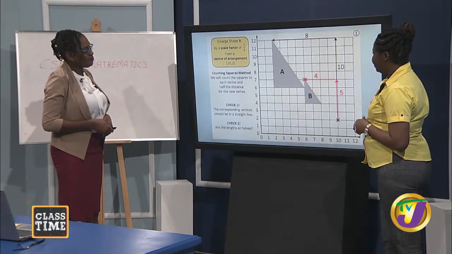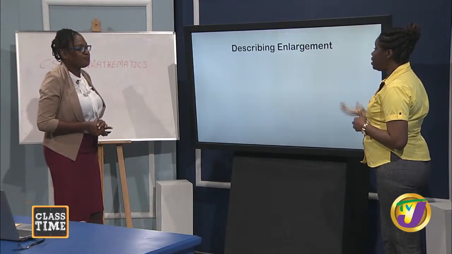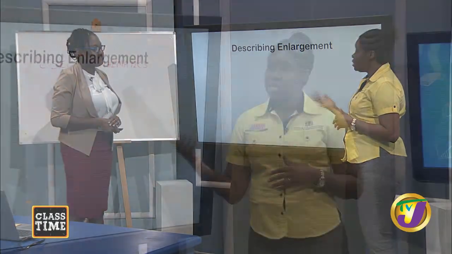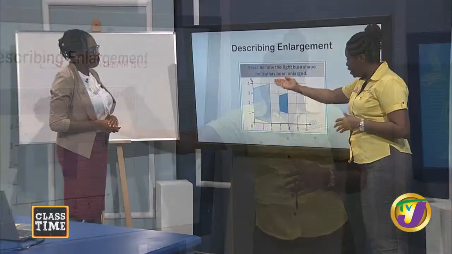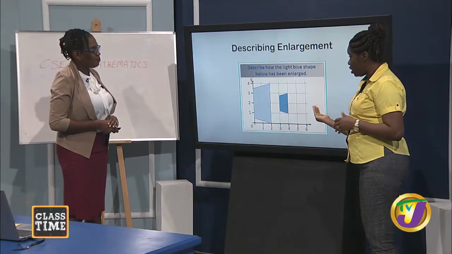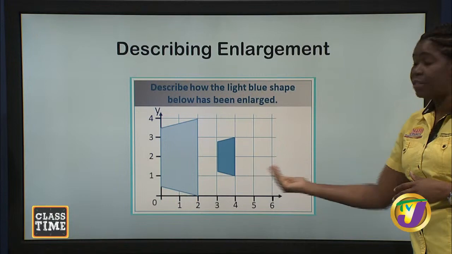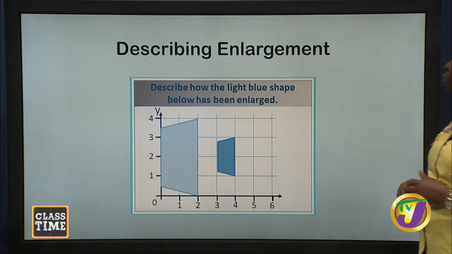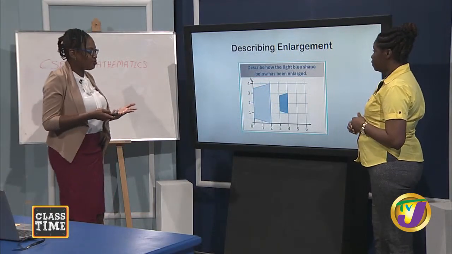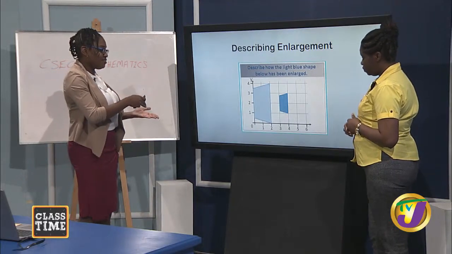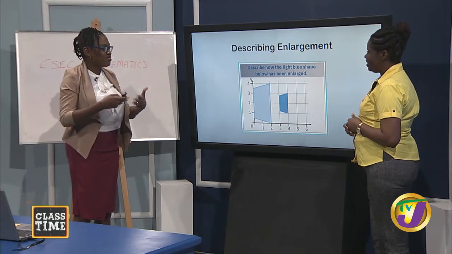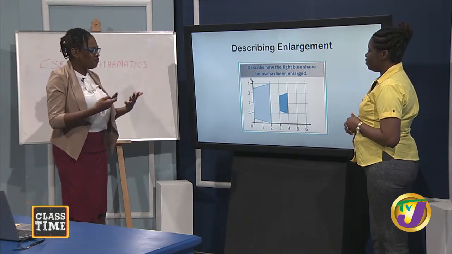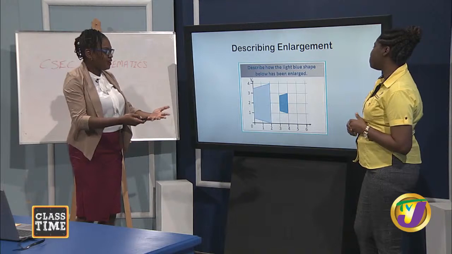We're not going to do this. So how do we describe enlargement? We describe enlargement, let's see, notice we do not have the center of enlargement here, and we do not have the scale factor. So I'm thinking that to describe the enlargement, since we need the scale factor and the center of enlargement to do the enlargement, to describe it then it must be that we're giving the scale factor and the center